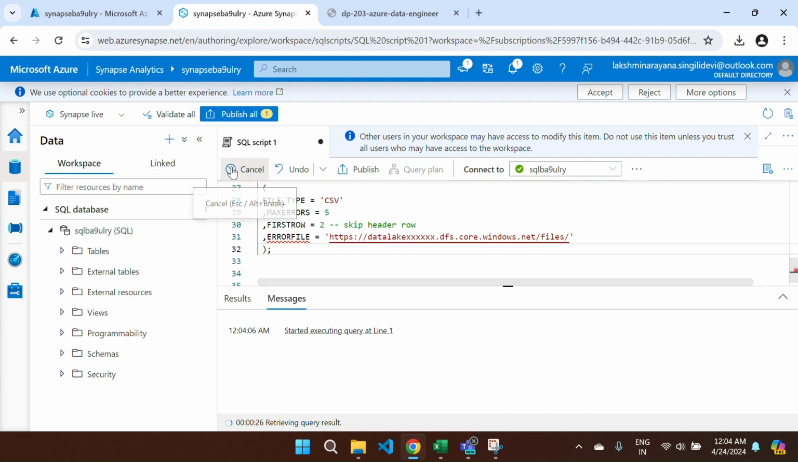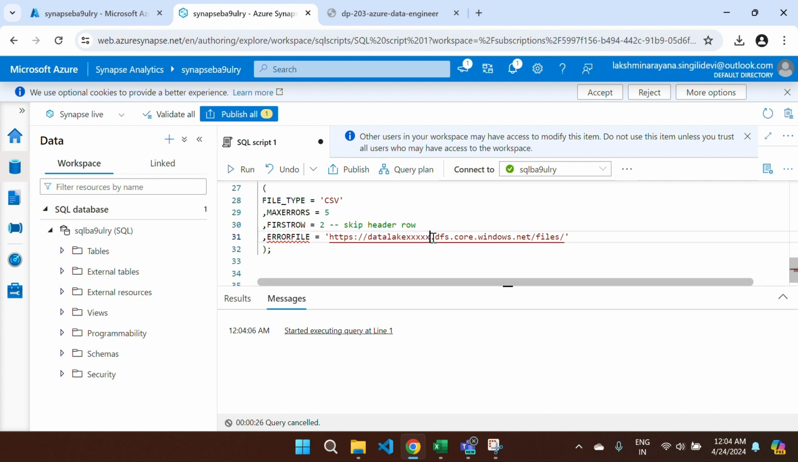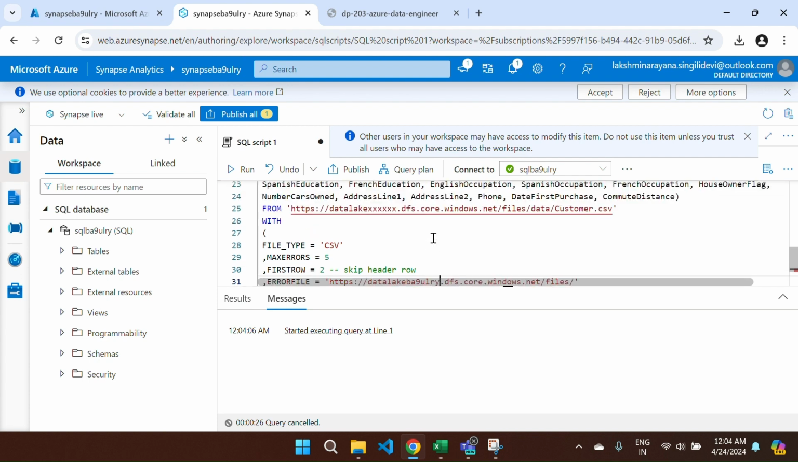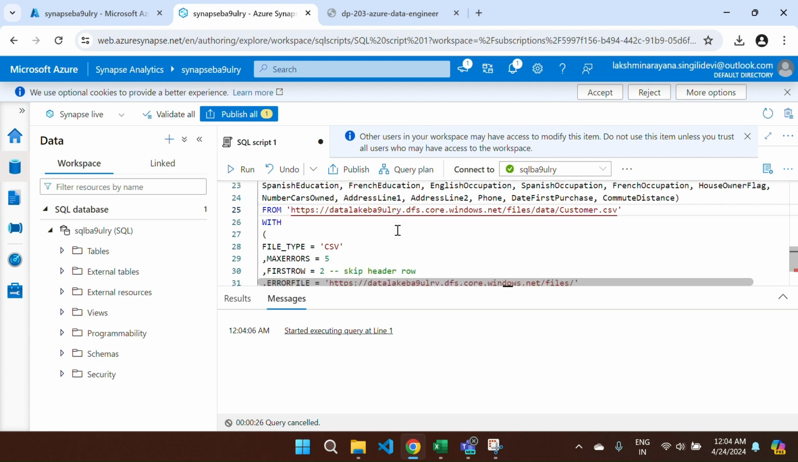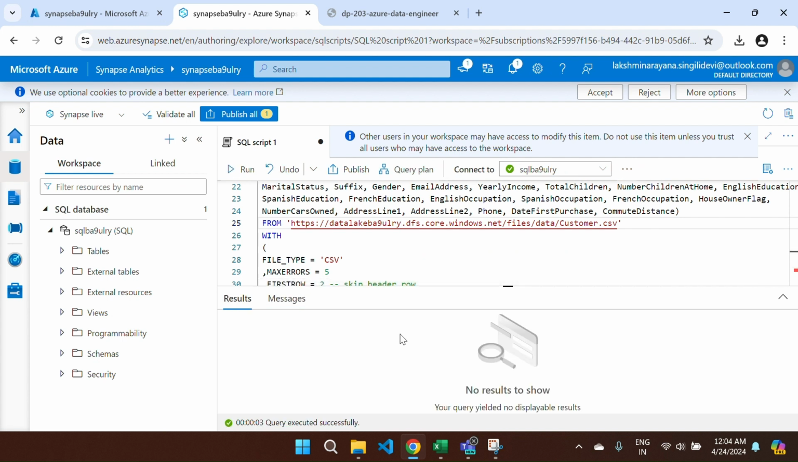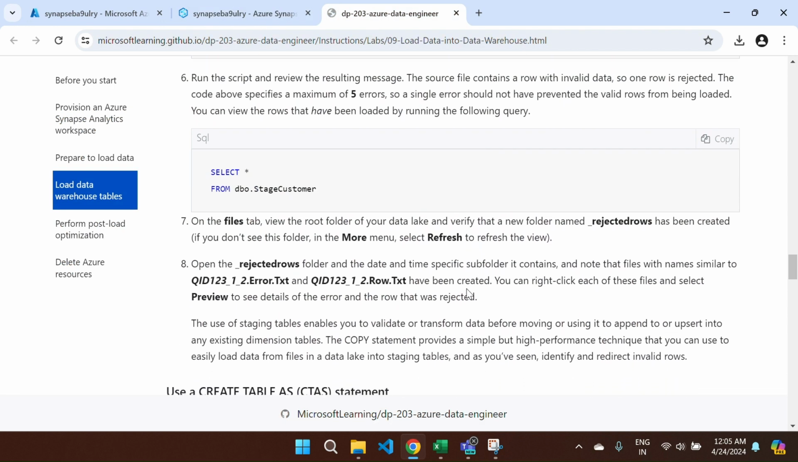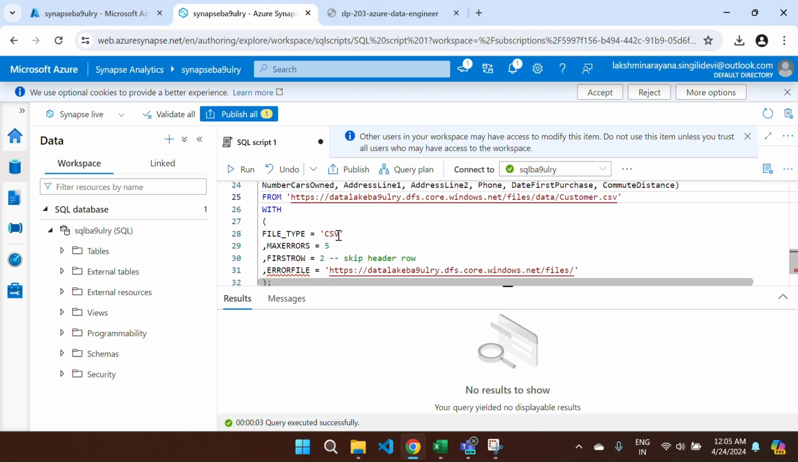No, I'm just cancelling this. I'm just copying the suffix of our storage. I forgot to paste this one. Yeah, now it's time to run. Now the query is quick and faster too. You can see it is successfully done, right? Now go for this and search for the staging customer. Now we get all the values